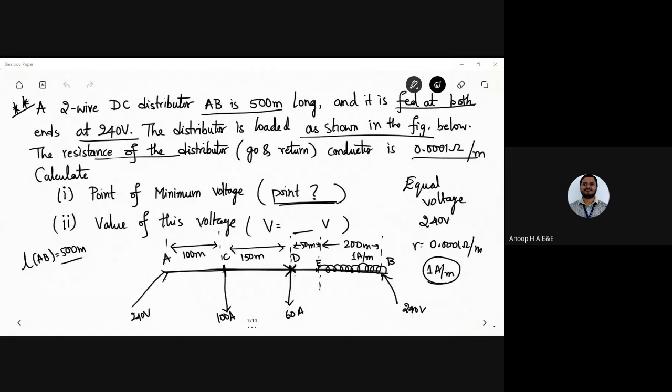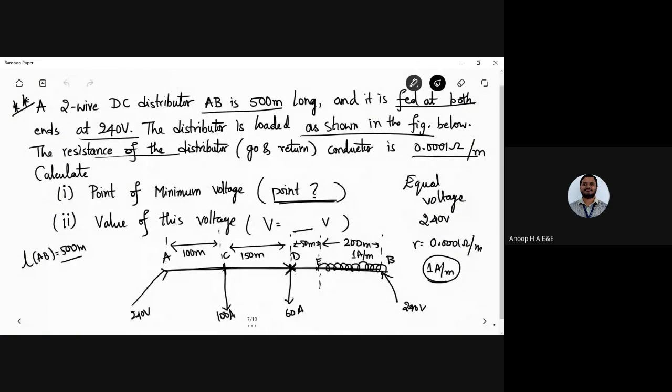So, we were discussing module 5, that is the DC distribution system, and we had solved a problem related to DC distribution system where you have both uniform loading and also concentrated loading. All right. So let us move on to the next topic. The topic we were discussing is the DC distributor. So I had solved this problem.